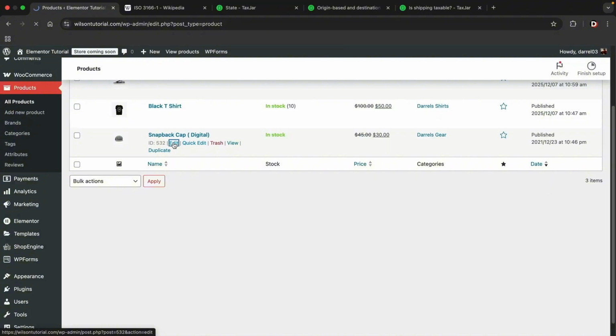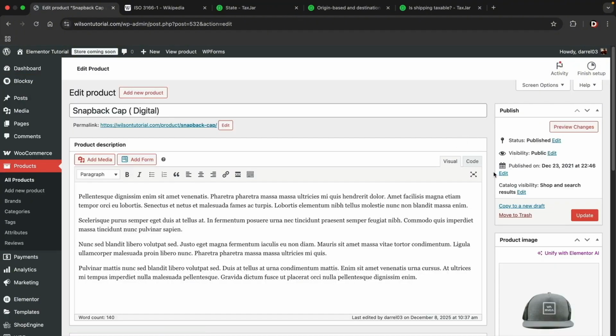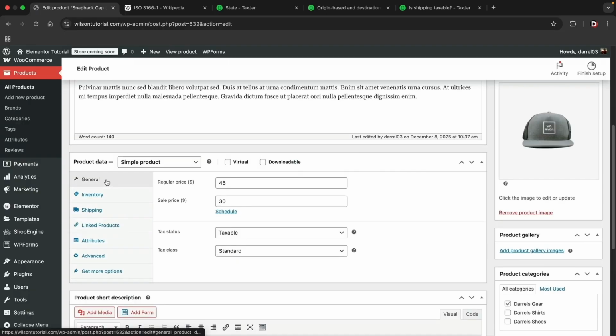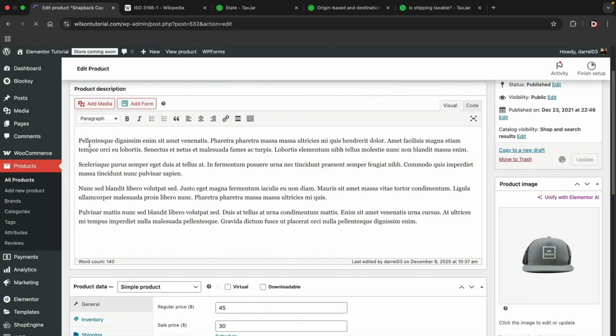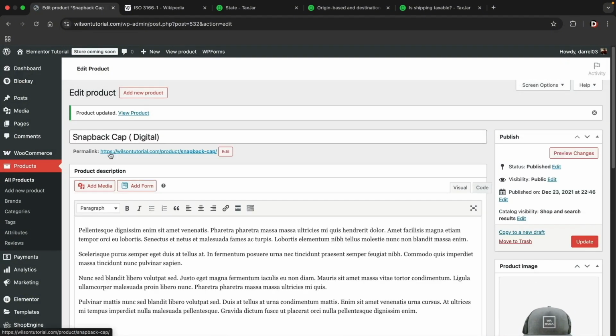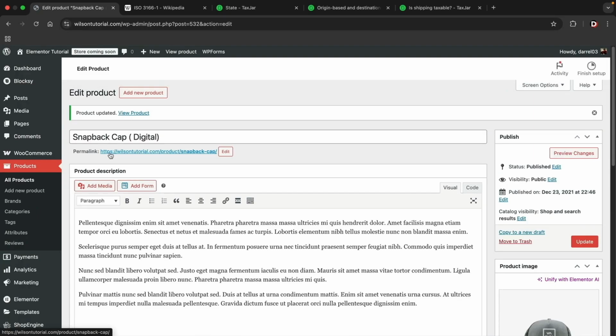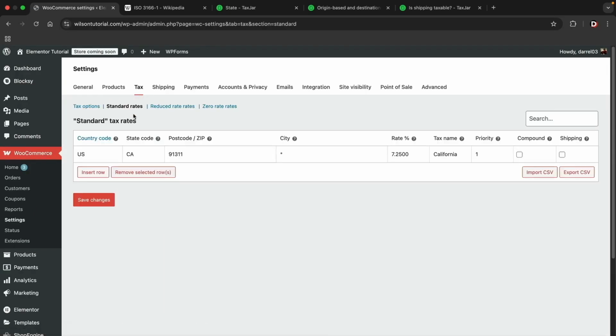Now here I'll click on Edit. So here we have the product, and I'm going to scroll down. And over here under General, you're now going to see that we have a few options. We have Tax Status. Here we have Taxable, right? But for Tax Class, I'm going to put Reduced Rates. And that essentially means that this hat right here will be subject to 0 tax. So what you can do here is create specific tax rates for specific products if you want to go that route using the reduced rates. So under the standard rates, just remember that we have a general rate of 7.25%. However, under the reduced rates, we have 0%. So you can go ahead and charge different tax rates for